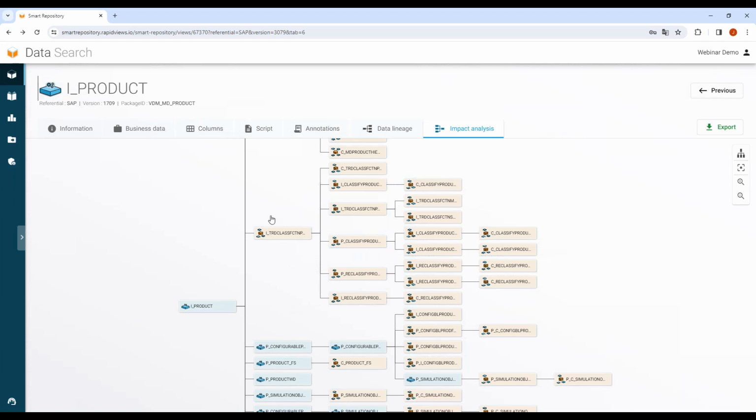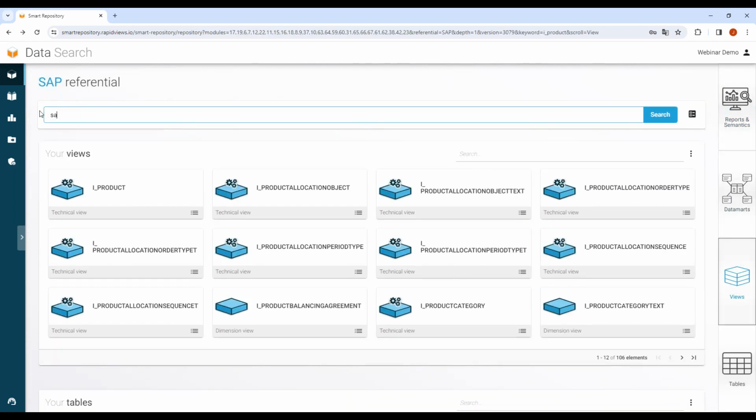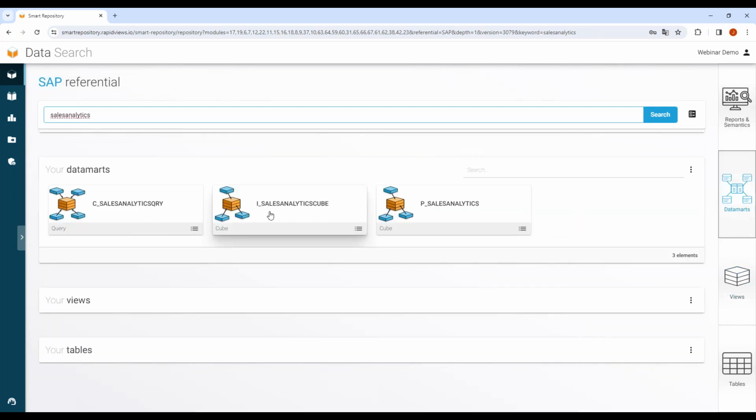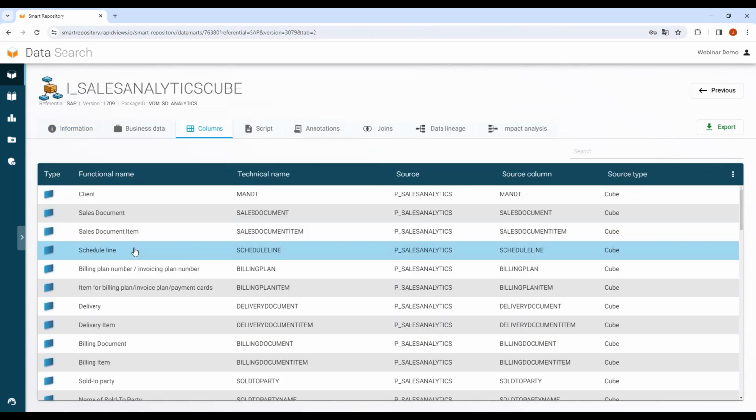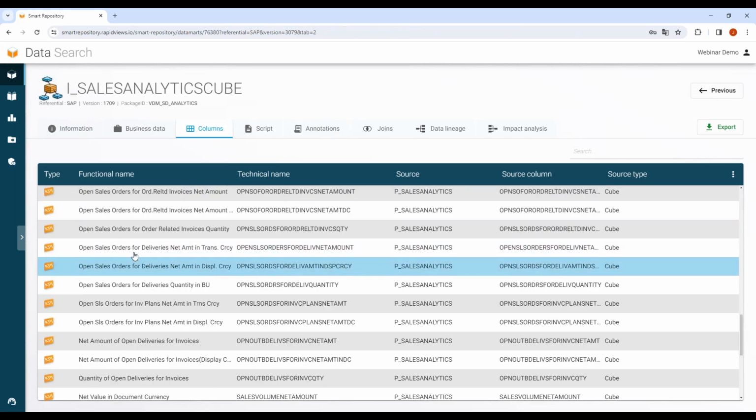If I go back and search another, more complex view, I search for a sales analytics view. I open my view. On the columns, in this case, I will try field, dimension, and KPI.